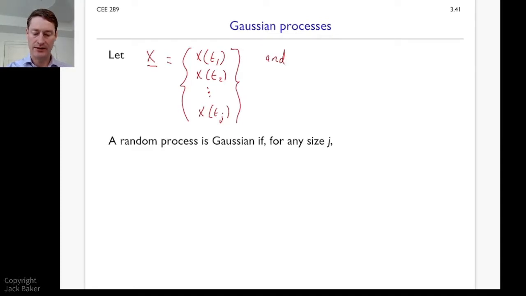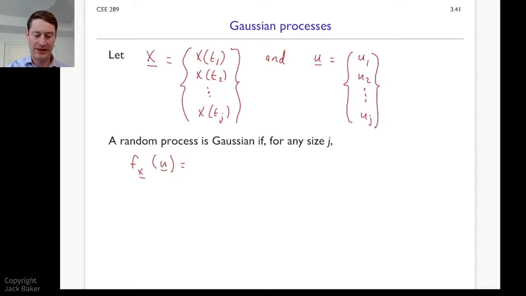And let's define a vector u of just values of interest. So this will be u1, u2, down to uj. And so we'll say a random process is a Gaussian process if for any size j, where j is that index up above, the joint probability density function for the process at those j points in time, so I'll just write underline x and underline u so I don't have to spell all that out,